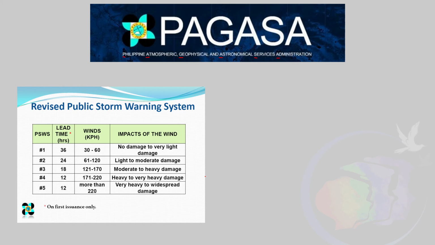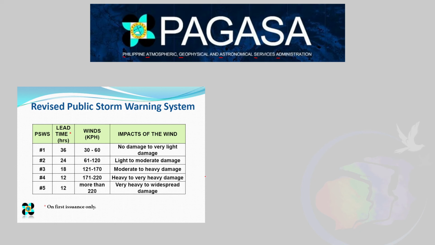Kung anong ibig sabihin when they say that there is a typhoon signal number 1, 2, 3, 4, 5. Actually, it is somehow useless. Hindi naman siya useless, no? Pero, syempre, we need to make use of a guideline, no? A guide for people to know kung anong klaseng typhoon ito that we are going to experience. If this area is experiencing signal number 1, signal number 2, signal number 3, 4, or 5. So, at least for you to have the idea.